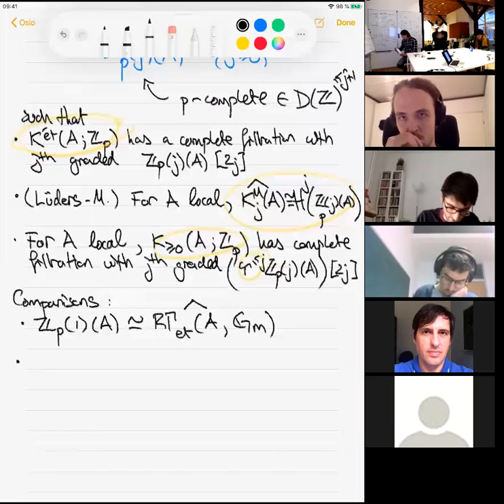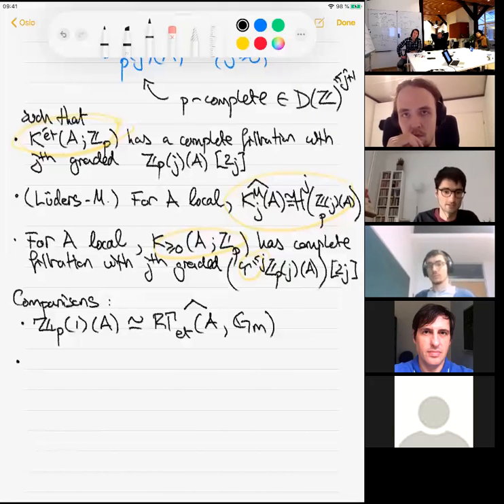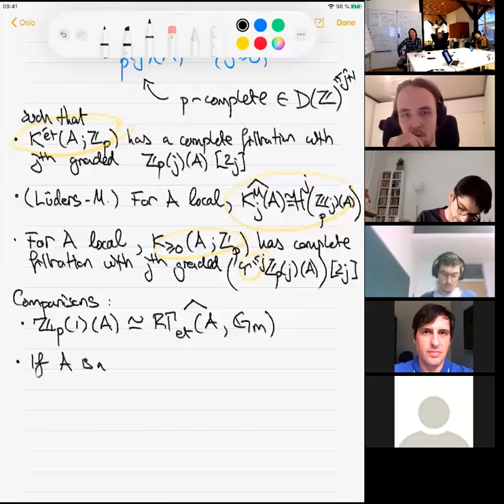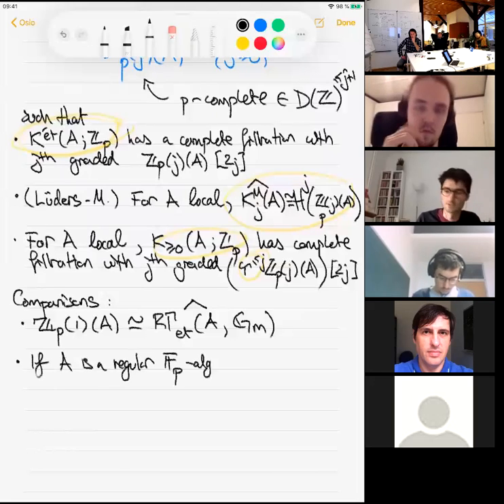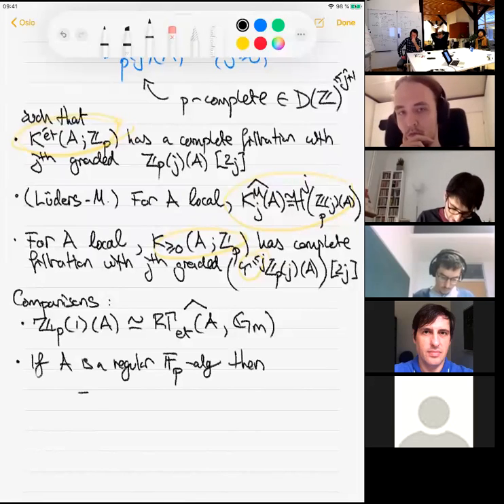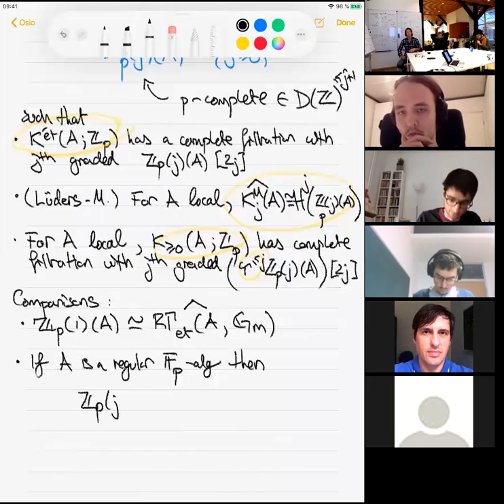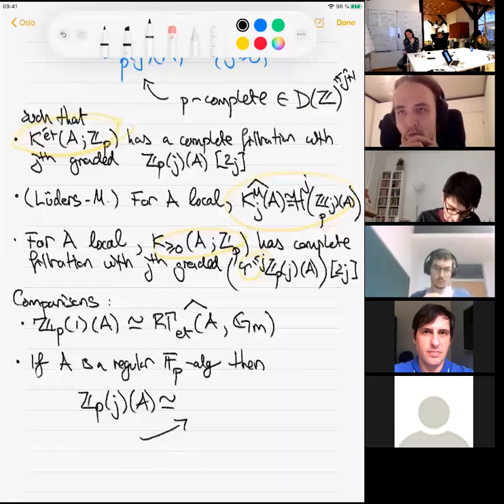Another comparison which provides the answer to a question that was asked earlier about what happens for smooth varieties in characteristic p. So if A is a regular F_p-algebra, so for example, some smooth algebra over a field of characteristic p, then what are these invariants? This is just going to recover for us, I'll write it down in a second, but the punchline is that it's the usual or classical